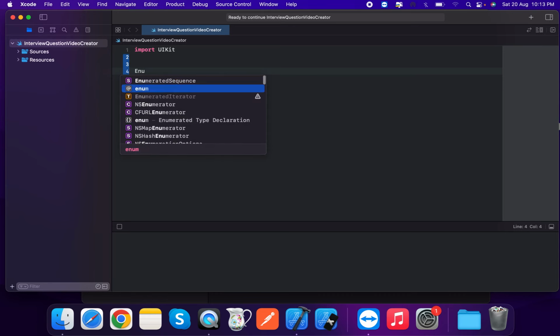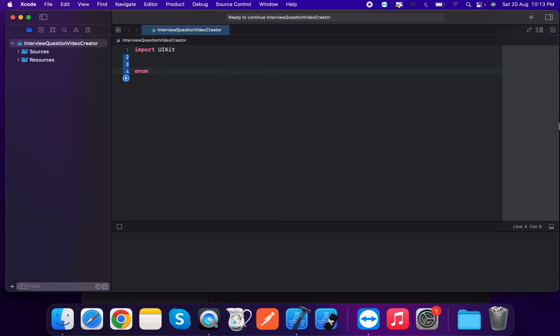So now we're going to create an enum called Month. Suppose this is a month, which has a raw value type of integer, and this is an integer enum. The first case is Jan, with index 0, then Jan, Feb and